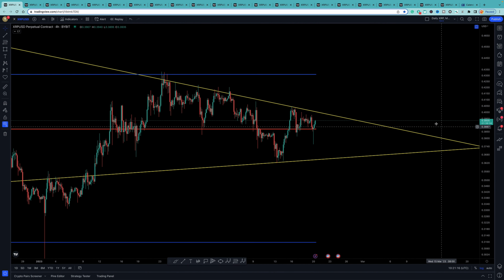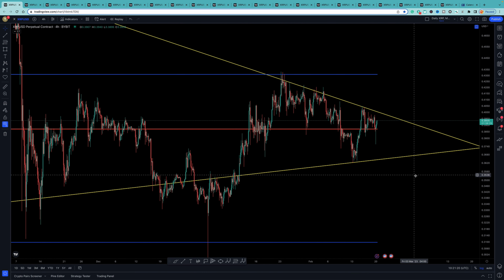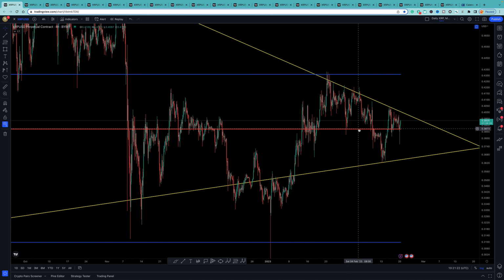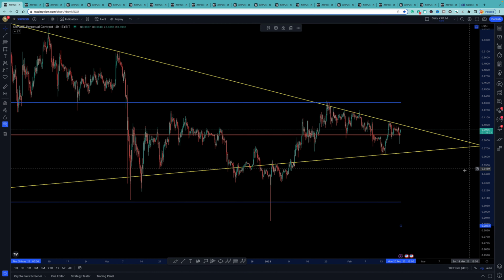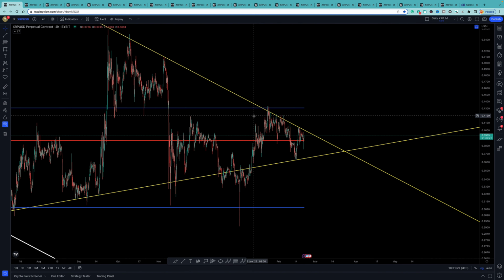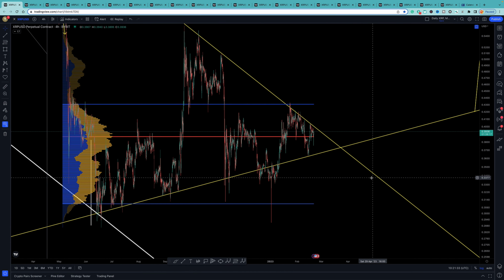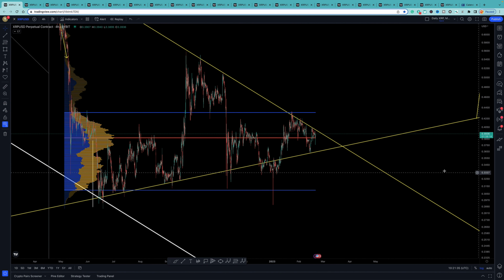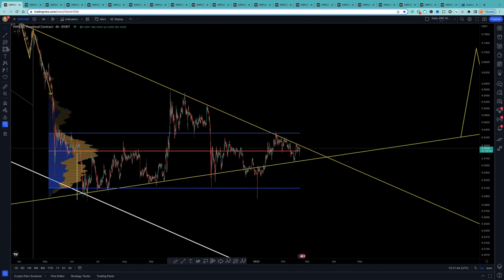So when I just look at the pattern here, the tendency, and again you can see it's above the point of control. So the tendency is price action has been staying high in the consolidation pattern, coming to the end of it. It's above the point of control, and it's above this support line, and this support line is holding. Yeah. If I put an arc on it and put a triangle on it,